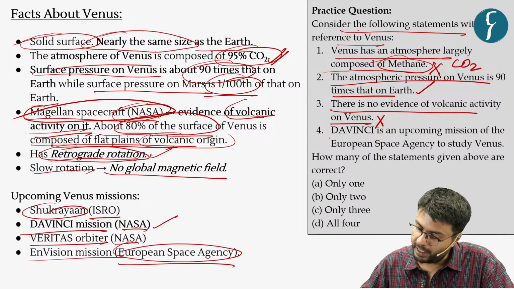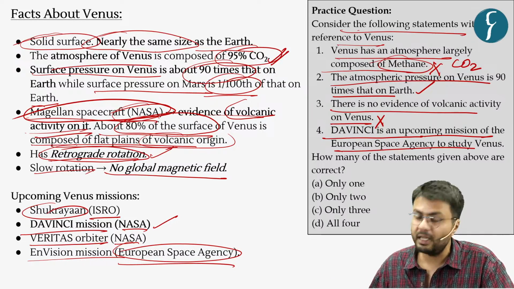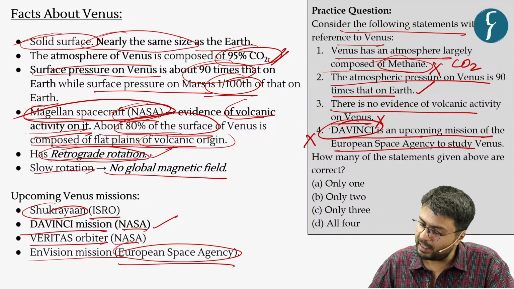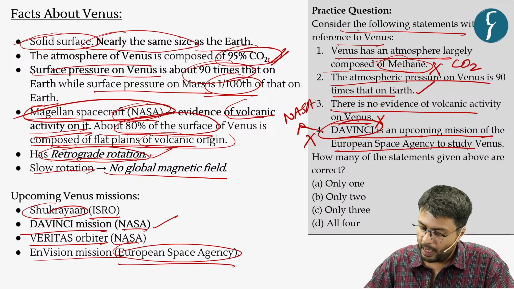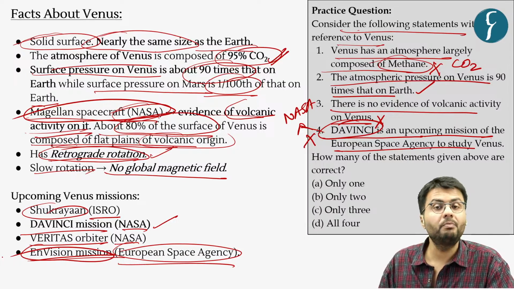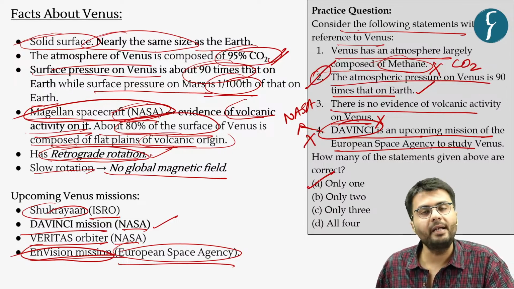The fourth statement, Da Vinci, is an upcoming mission of the European Space Agency to study Venus, which again is an incorrect statement because Da Vinci is an initiative by NASA and the European initiative is highlighted by the Envision mission and not Da Vinci. So as only the second statement was correct, hence option A is the right answer to this